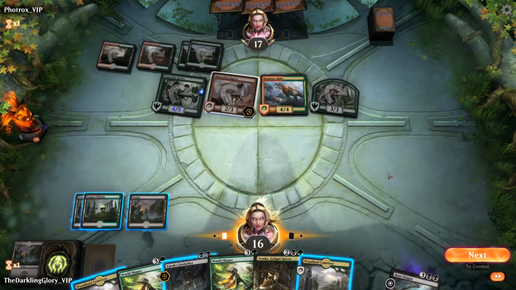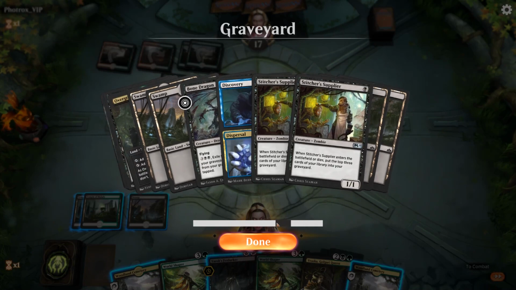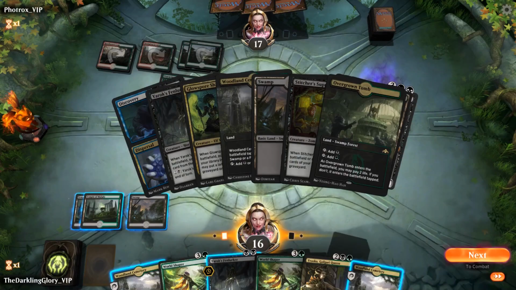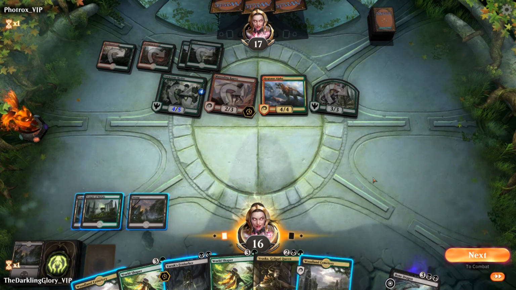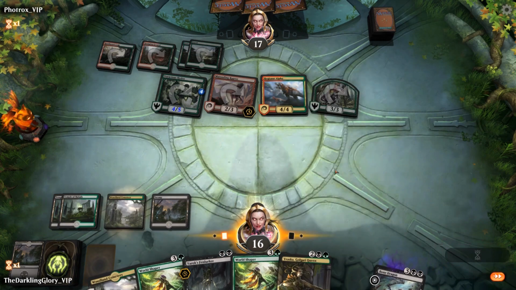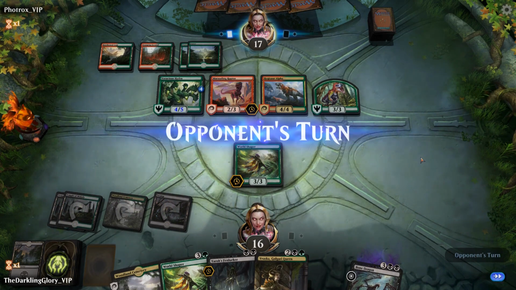Okay, still haven't found a Dread Presence. Which, again, really not good. We have 1, 2, 3, 4, 5, 6 swamps in the graveyard. Could just play a World Shaper, try to block, and hope to leverage all the mana. Ugh. I don't love this plan, but...